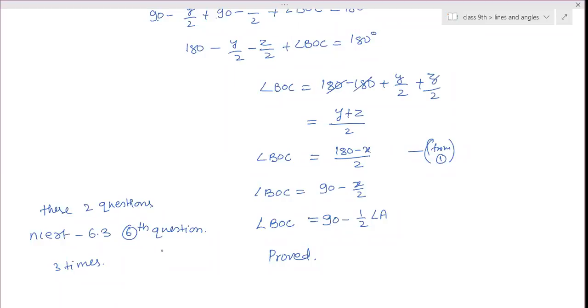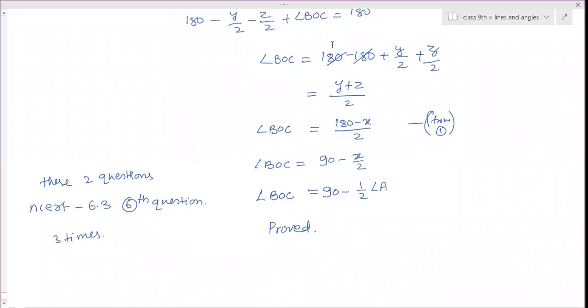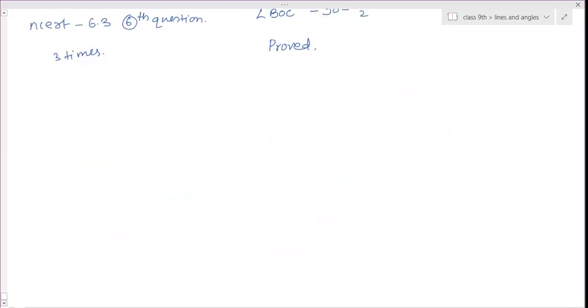And till exercise 8, till 10th I have told you, no questions to solve. Are these two questions clear? Yes, ma'am. Now 11th, 12th and 13th have exactly similar questions.